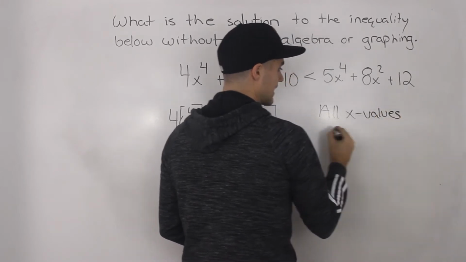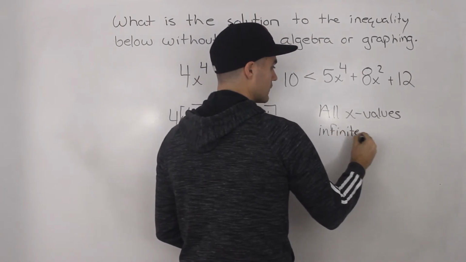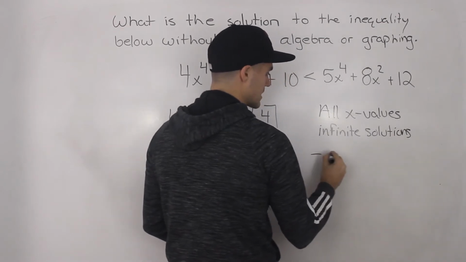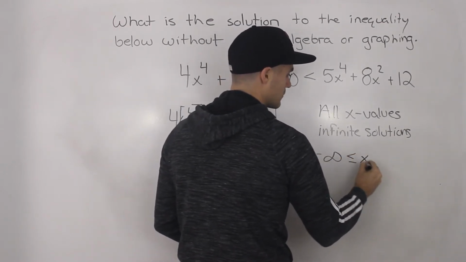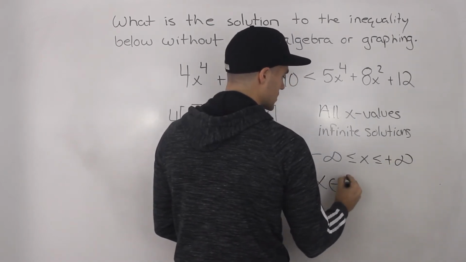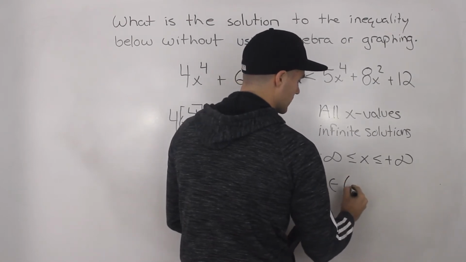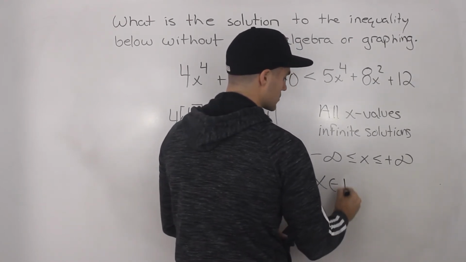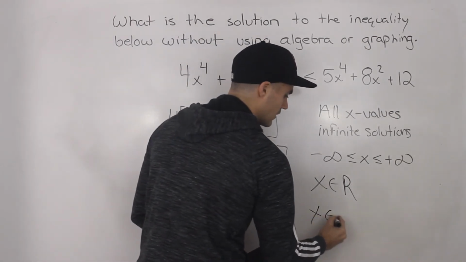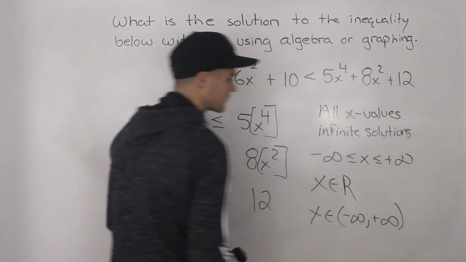right? So there is an infinite number of solutions. If you want to show this maybe in interval notation, we can say that x can be anything from negative infinity to positive infinity, or we can show it in set notation, that x is an element of, actually we could just write real numbers, right? X can be anything. Another way to show that is x is an element from negative infinity to positive infinity,